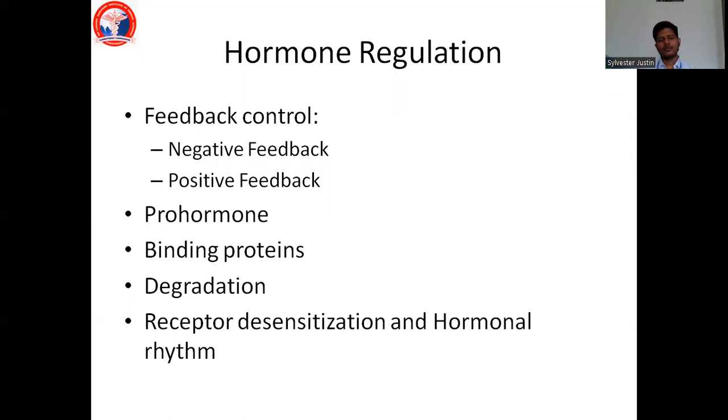Hormone regulation is done by methods of feedback control, negative feedback or positive feedback. Also, pro-hormones, binding proteins, the way they are degraded, receptor desensitization and hormonal rhythm are other methods to help regulate the hormones. A very small quantity of hormone is able to bring about big effects. So we require so many regulating mechanisms so that we can have a very tight regulation and nothing goes out